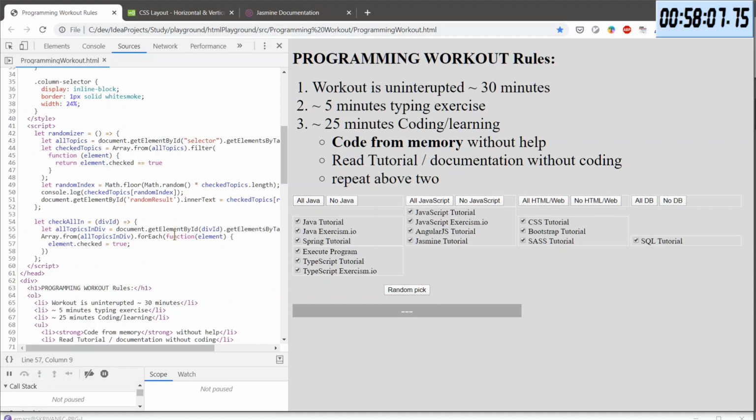And this could be also like one function.